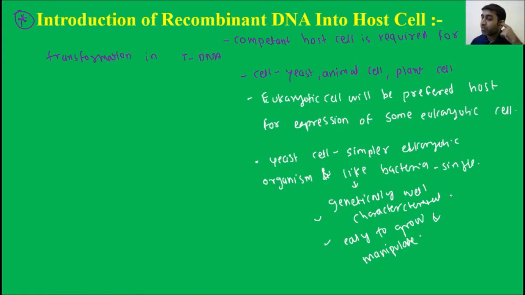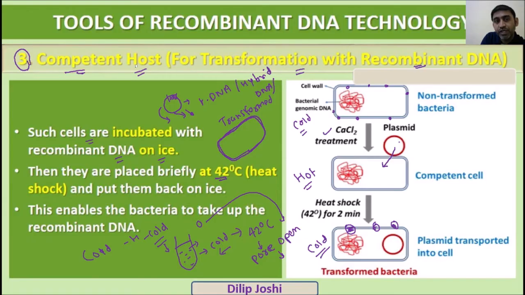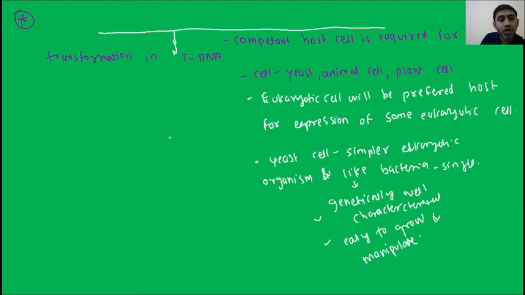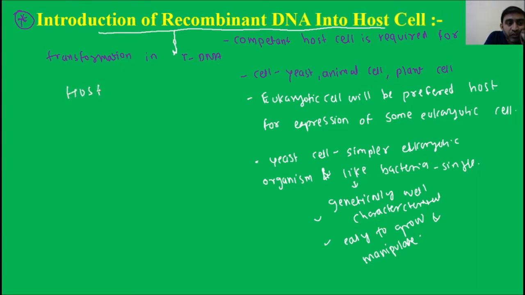The plant and animal cell can be used for expression either in tissue culture or as a cell in the whole organism to create genetically modified crops or genetically modified organisms. Therefore these bacterial cells should be capable of uptake of this DNA. That is called competent. So there are different methods for this competence, that is, when the recombinant DNA is introduced into the host cell, this is called host competence. That word is already used here: competent host. So what are the methods I am going to tell here? Host competence.